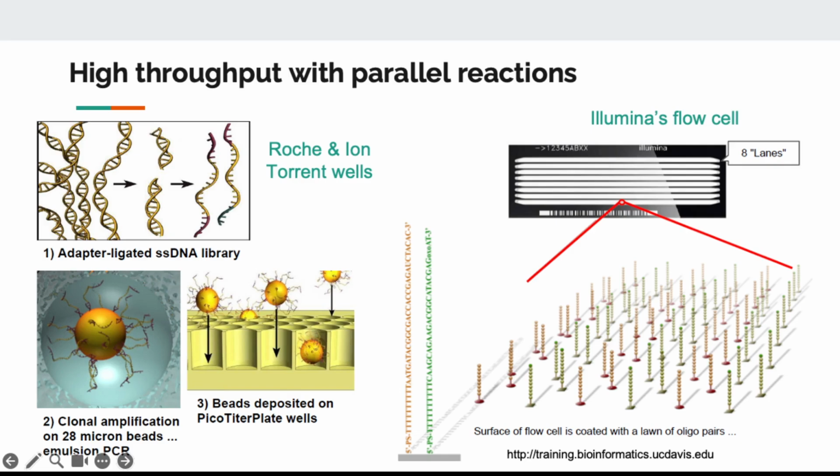And there are many ways to parallelize the reaction. You can separate the DNA sequences into different wells, so each well will consist of different DNA, and you can do sequencing in separate wells and get the readout from all the wells in parallel. This is a technique that they use for 454 pyrosequencing. If you use Illumina, which is the dominant technology today, they also create clusters of sequence. And we will see more details about this. But the idea is for next generation sequencing, we want to do millions of reactions at once,